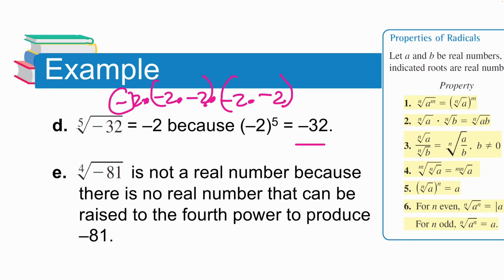And then the numbers multiplied together will give us the 32. So negative 32. Now, this one is undefined because, again, we've got a fourth root of a negative number, and there is no way